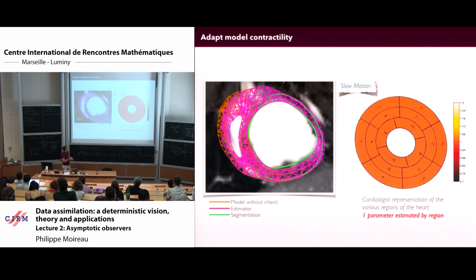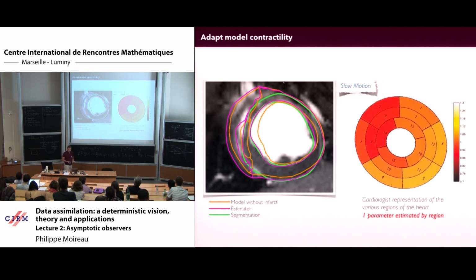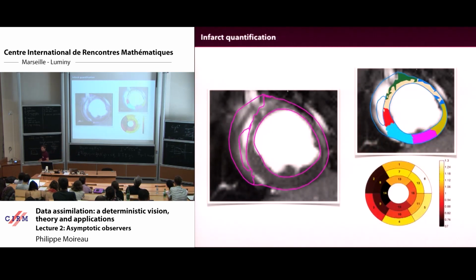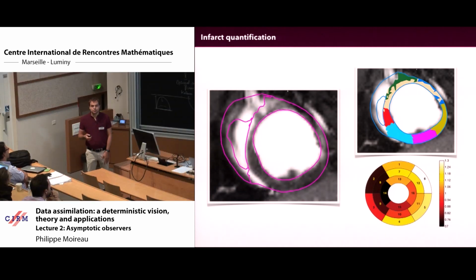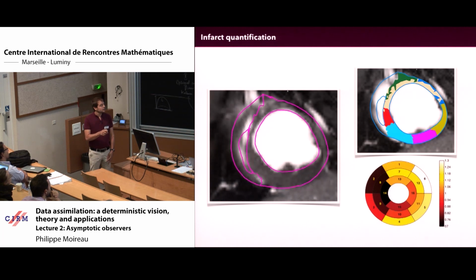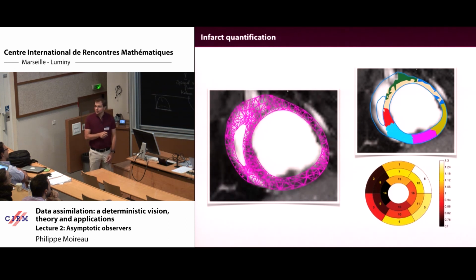And more, we can even quantify the level of infarct, if it's a strong one or maybe a small one, etc. So then comes the not nice moment where you compare to reality. That's why we need an experiment. With another type of imaging modality, they recovered that the infarct was there. And I found the infarct basically here. So I was very good there and not good at all there.